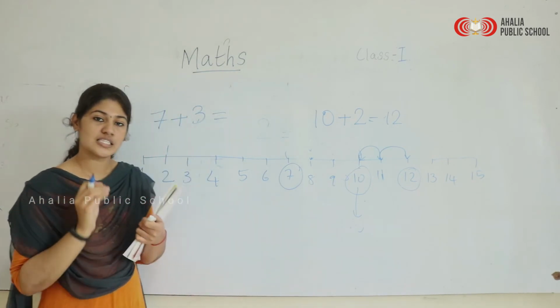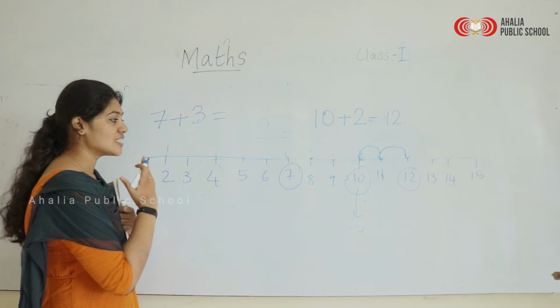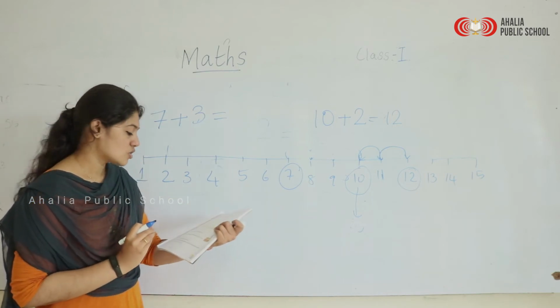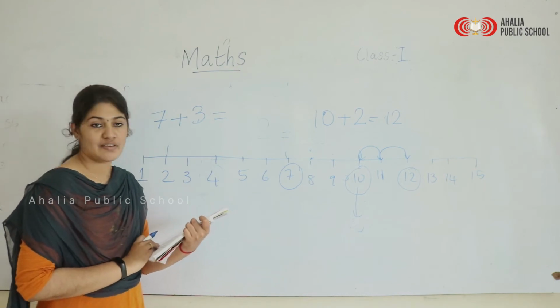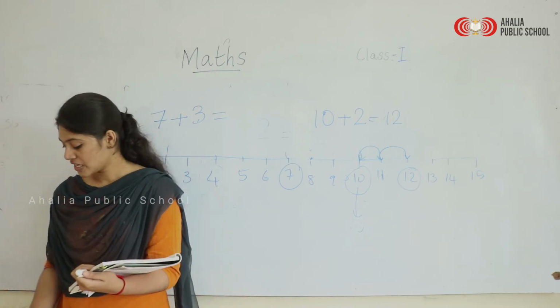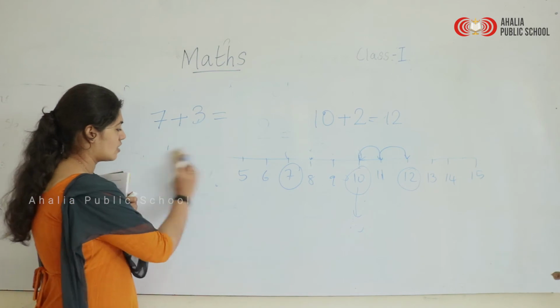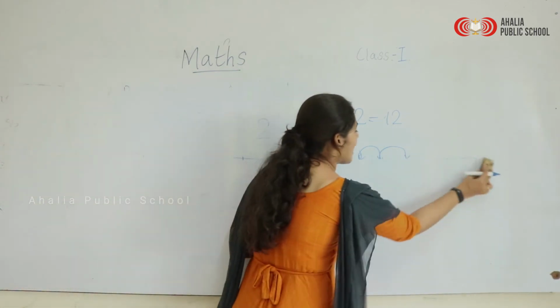This is the same thing that we have discussed in our interaction session, that is, in the number line, how we can do the addition. So based on that, on page number 27, you are having some exercises. We can discuss that in our interaction session. So next is abacus. How can we add the numbers using abacus?